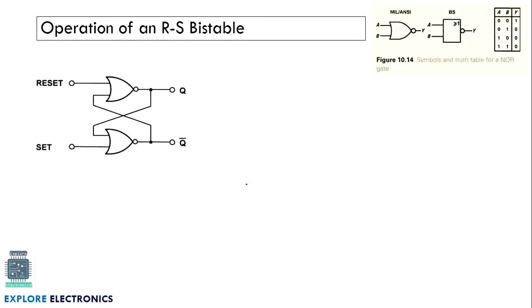So to understand this RS bistable, since we will be having two NOR gates, this is a NOR gate and this is also another NOR gate. So we need to have a NOR gate truth table here. First, in case 1, let us take the input from the reset signal as 1 and set signal as 0. There are two inputs here, so the possible combinations are 0 0, 0 1, 1 0, 1 1. Let us treat reset as 1 first and set as 0. For this case of input, we need to understand what the output will actually be.